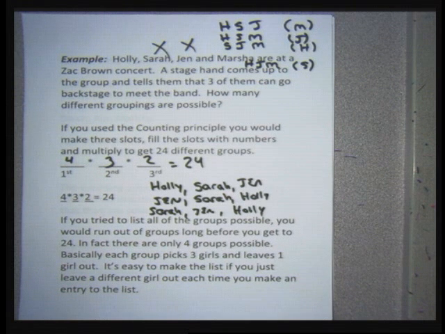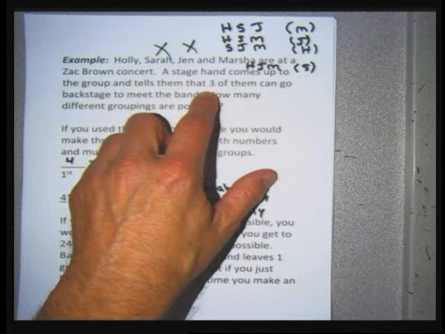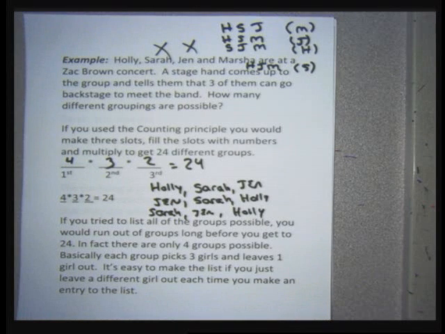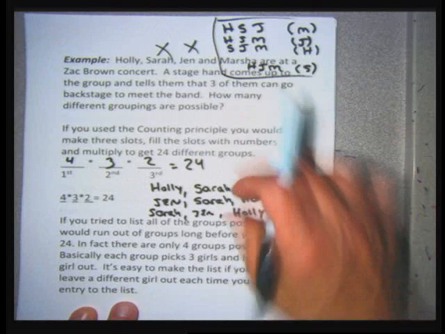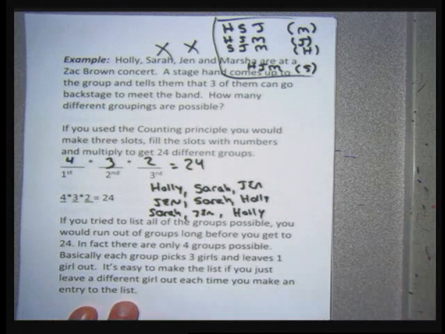And in this situation, where from four girls, I'm picking three of them to go backstage, and the order that they're selected in is not important, only the fact that they get selected is important, that makes this a combination problem. And to solve combination problems, we're going to use our calculator. There's a formula to use to solve combination problems that involves factorials, and we really don't have to know the formula. So to get the answer that there's only four groups possible, as opposed to the 24 that the counting principle gives me,